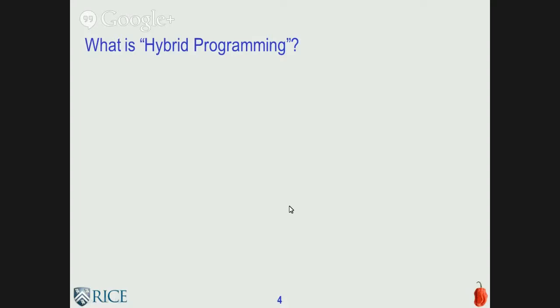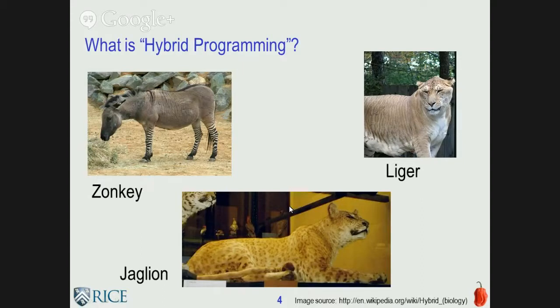So I wanted some interesting images because I don't normally put interesting graphics. I looked up Wikipedia and found some interesting hybrids that apparently were actually bred. There's a zebra and a donkey, a lion and a tiger, a jaguar and a lion. So the thing is, you can do cool stuff, you can build, but I think our goal is not to build one-offs. We want to find solutions to hybrid programming that would really lead to a more sustainable ecosystem